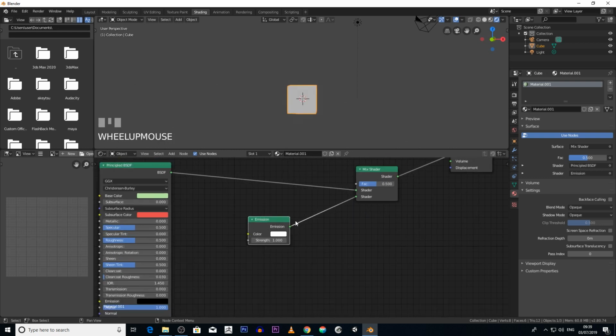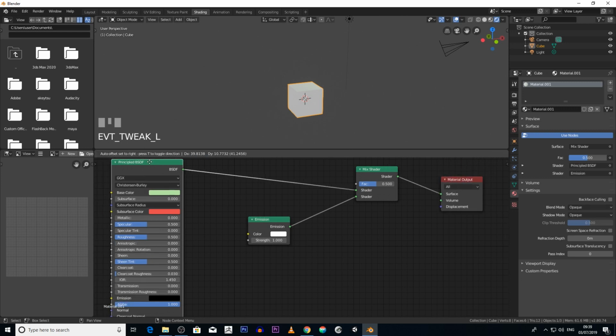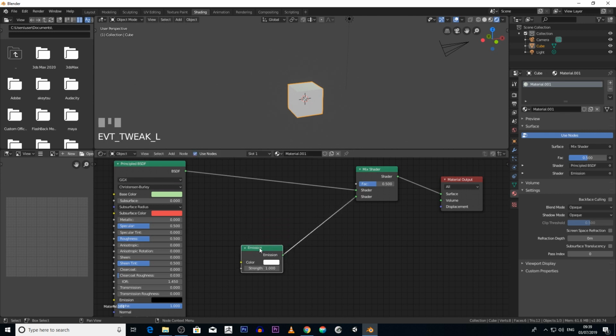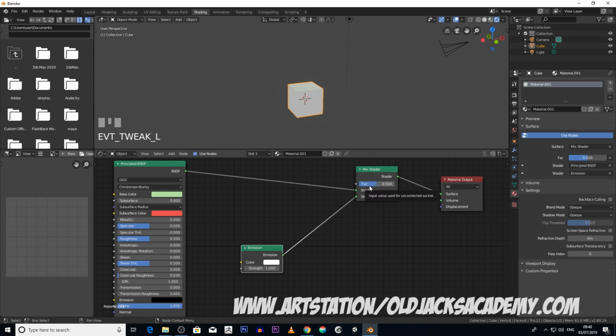Basically what it does is it mixes the two shaders. This is your output, it says Material Output, and this is your mix shader, and that's one of your shaders, which is the Principled BSDF shader, and this is your emission shader. So you can change the factor of the shader to modify. Say for example we got this one red, and we want to see more red. You can see more red by moving up and down, and because an emissive shader doesn't give out a shadow,